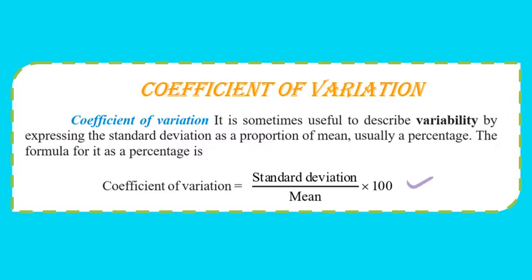Now if we have two different observations, suppose we have two groups, group A and group B, then we can simply calculate the coefficient of variation for group A and group B. The group having more CV, whose coefficient of variation is greater, will be more variable, and the group having less coefficient of variation will be more consistent. Okay, so to check the variability and the consistency, we calculate the coefficient of variation using this: CV is equal to standard deviation upon mean into 100. Clear? So pause and note down the formula.